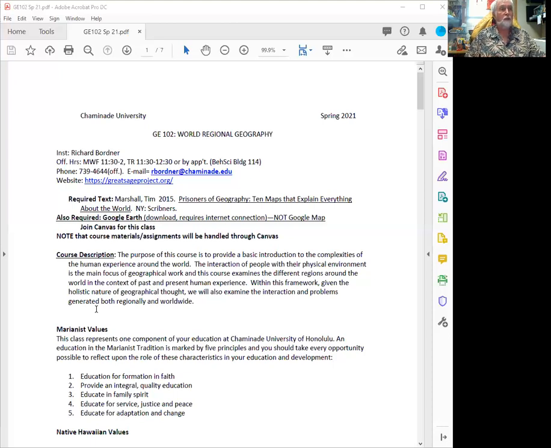So it's in that context that this course is a traditional class. I think Marshall's book is a much better example of what geography can be when it's actually seen to serve a function. So when you're looking at Marshall's book, read it through in chunks. Don't try to do a couple of pages. Give yourself the time to actually go through a chapter, one of these maps that he's talking about,